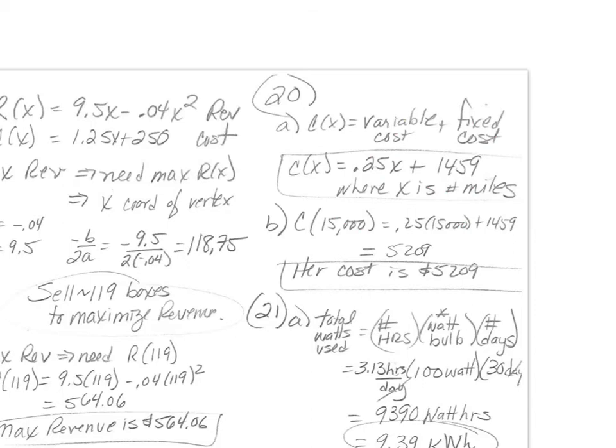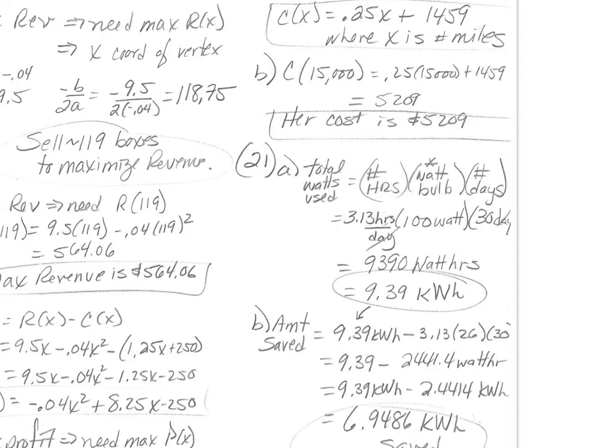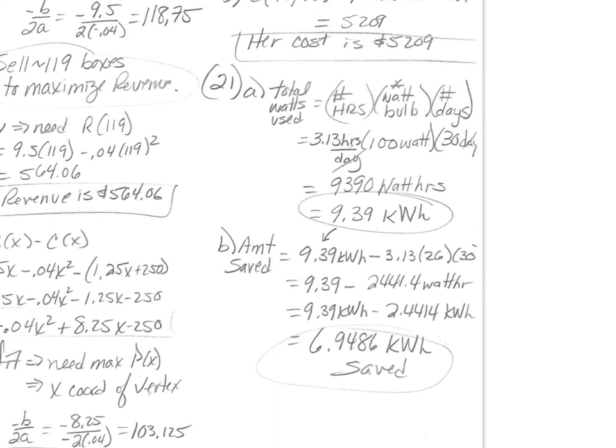For number 21, this one we've got to watch units because we're talking kilowatt hours here. And there's 1,000 watt hours in a kilowatt hour. So we're going to do some conversions. They're asking us first, if we have a home and it has 20 100-watt light bulbs, they're on for 3.13 hours a day, in kilowatt hours, how